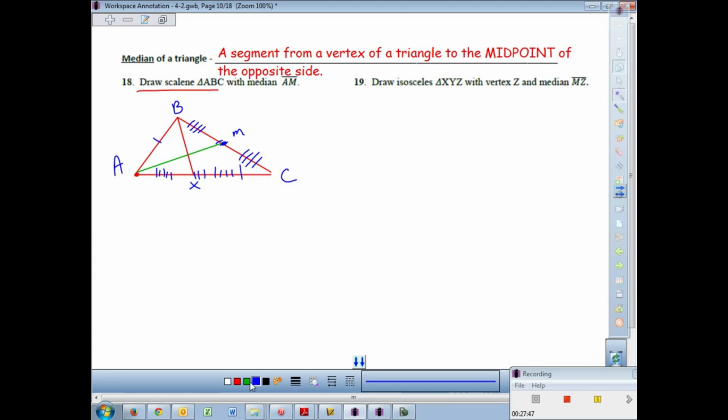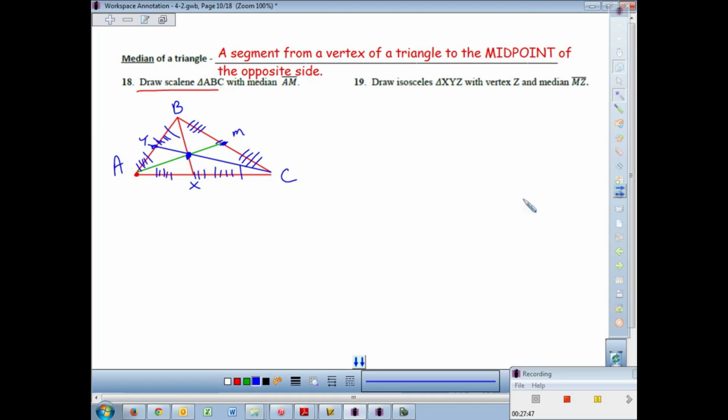Would there be any other medians that I could draw in this puppy? I could draw one from C, right? So if I went here, and then I called that Y or whatever, and then 1, 2, 3, 4, 5, 6, 1, 2, 3, 4, 5, 6. Isn't that a median also? How many medians does a triangle have? It's got 3 medians. Ooh. See that cool point right there? That's called something special, which we don't need to know, but someday maybe you need to know what the